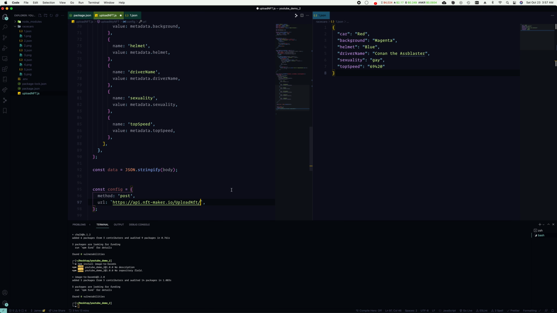We're going to be using the upload NFT endpoint. And from here, we need to access the environment variables that we set in our .env file. So we will string template